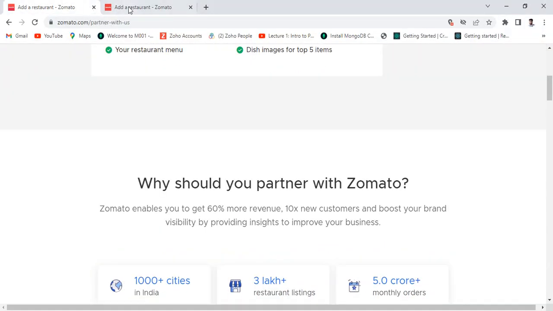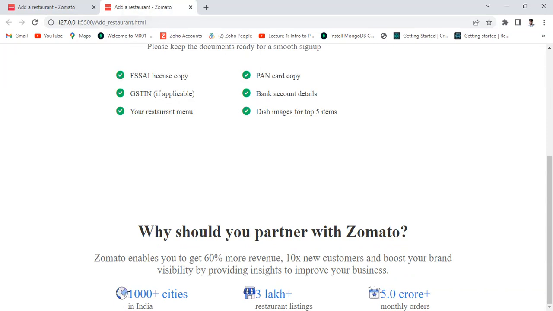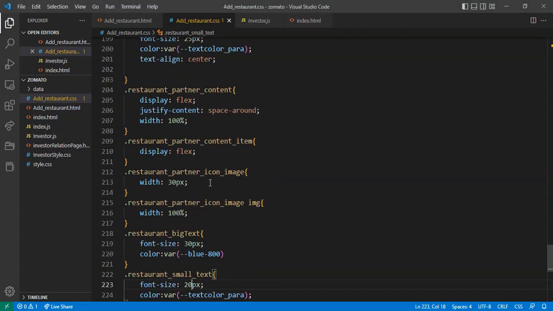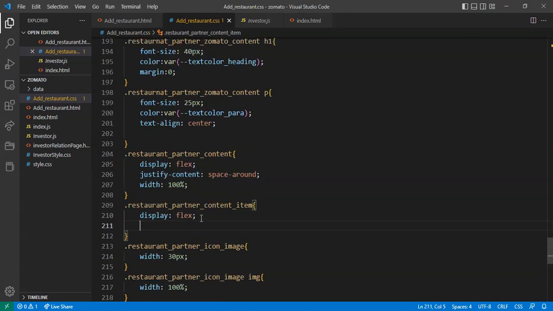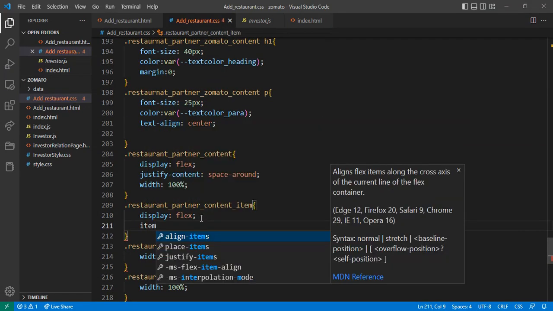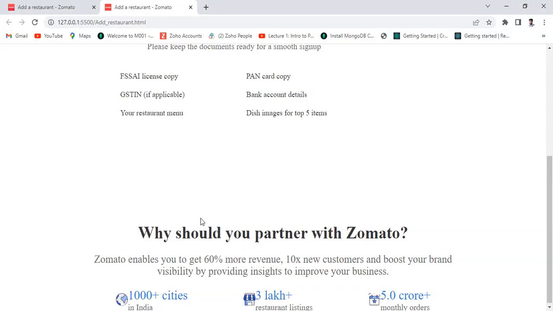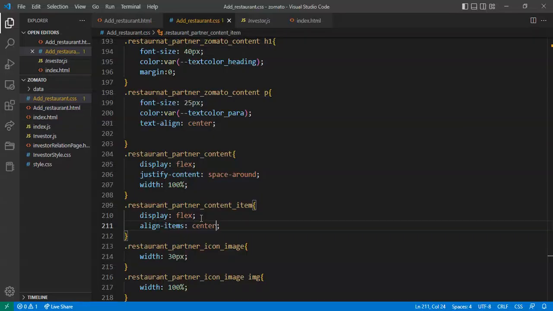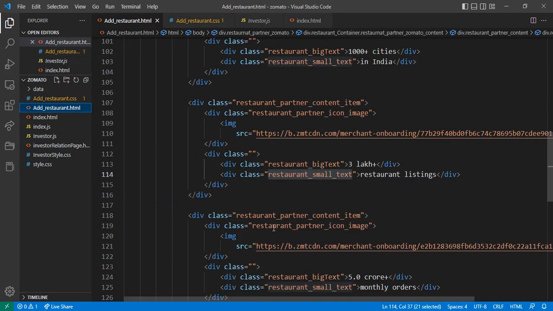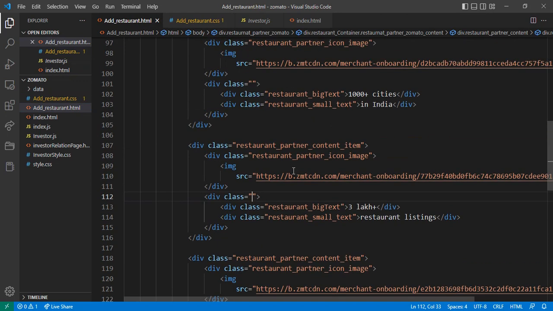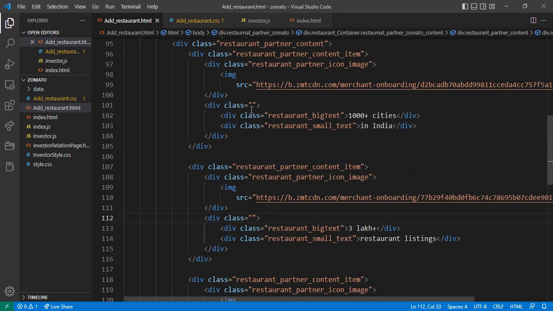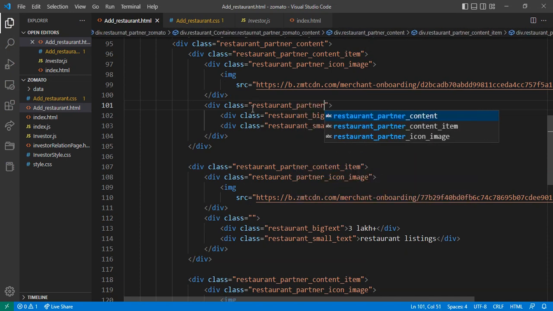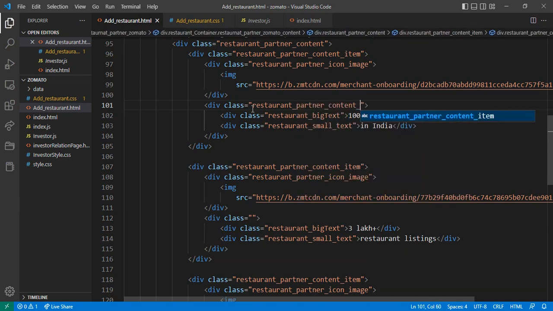and now, yeah, now okay, and I want to give the space, and first of all I want to center these items, align items center. Yeah, now the content will be centered, and giving the space for that. Let me just see. Okay, here I want to add one more class. Here I give the restaurant partner content